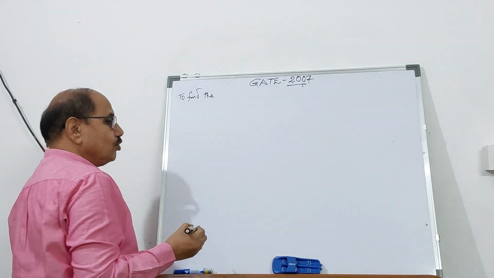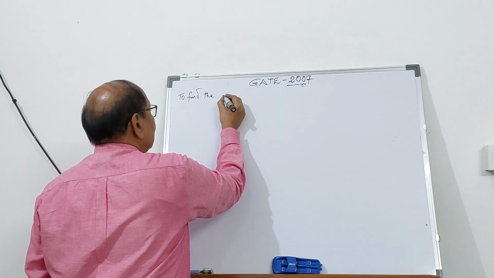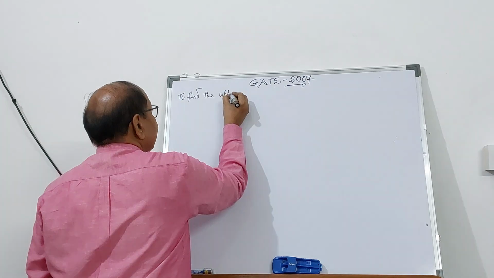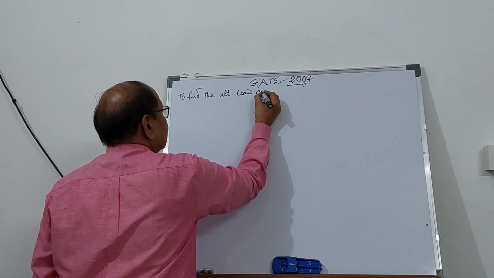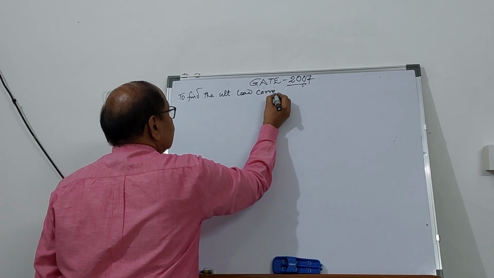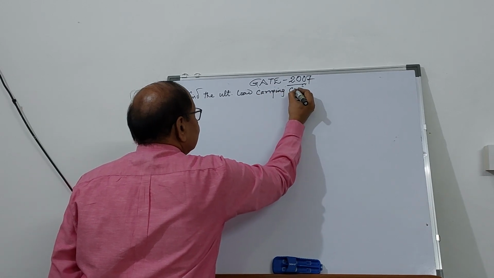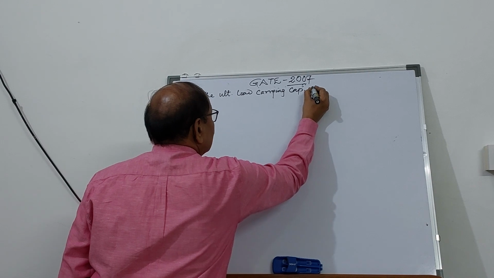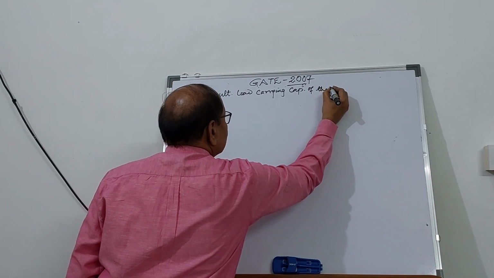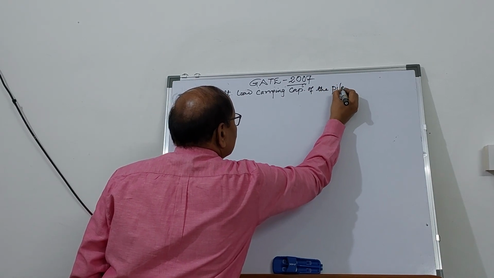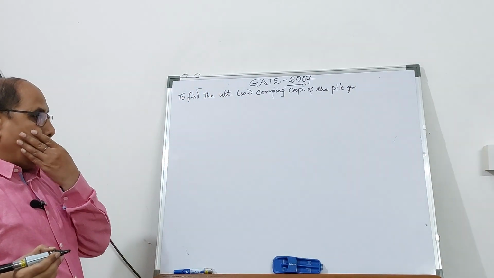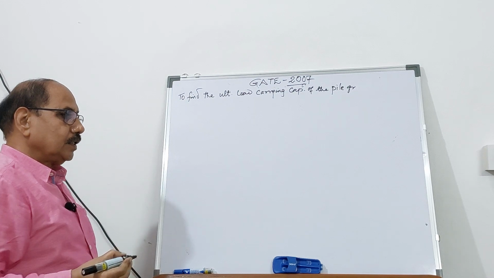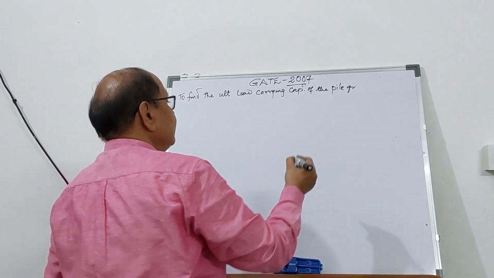So you have a pile group. So find the ultimate load carrying capacity of the pile group. Assuming the group to fail